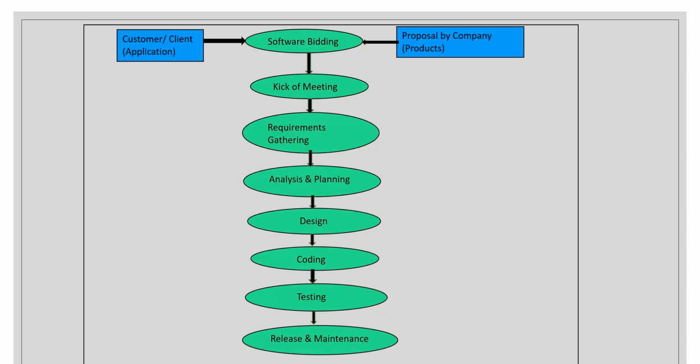We have to understand the product, because if our requirement is not clear, then it will be very difficult to analyze and design or coding or testing, whatever it is. So the requirement gathering phase is one of the important phases in software development lifecycle. Then it comes to analysis and planning. Once we have gathered the requirements, then